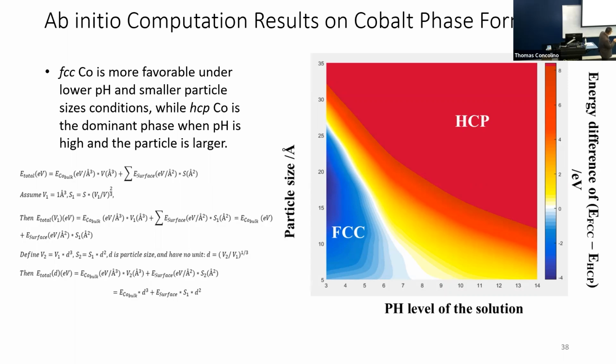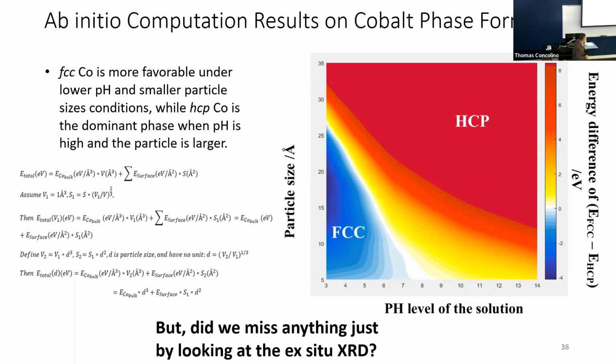And you can see that by computation, if you have high pH, high concentration of OH minus, you get to favor the HCP phase. And if you have low pH and smaller particle size, you get to favor FCC. Okay, so this computation result agrees with our lab results,